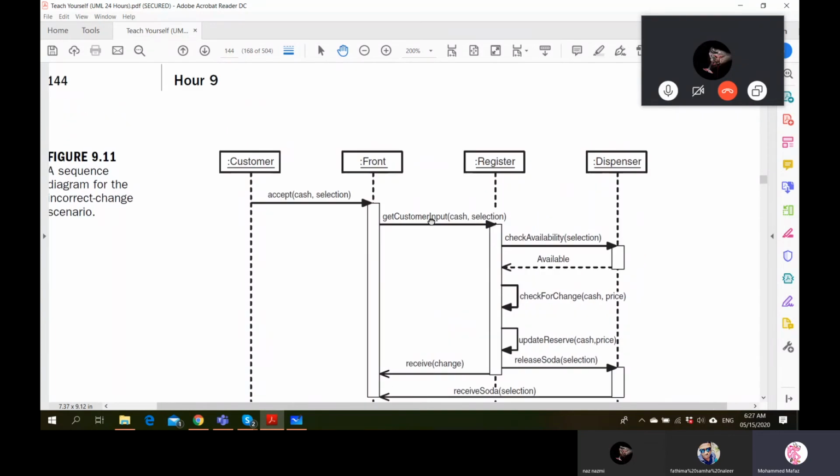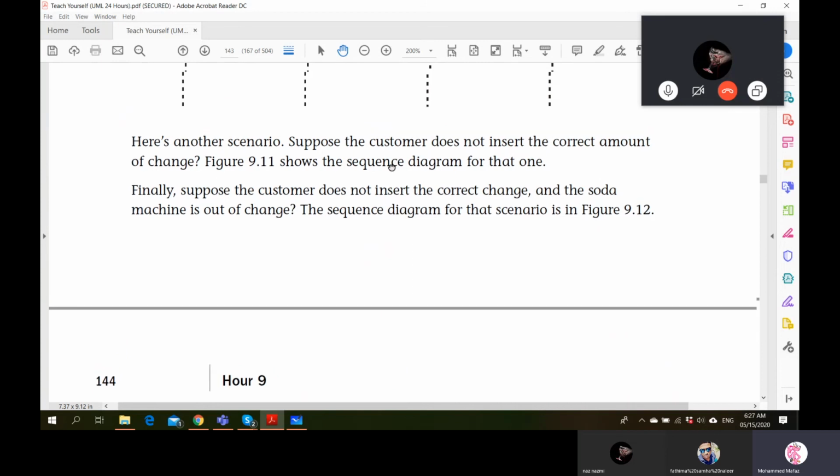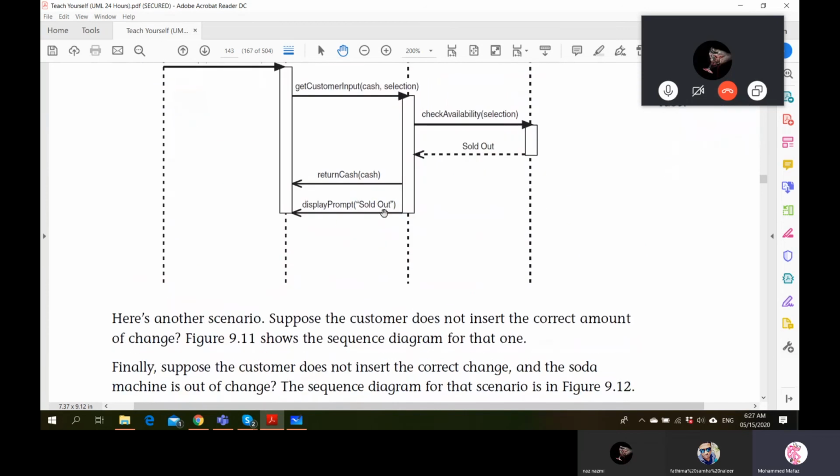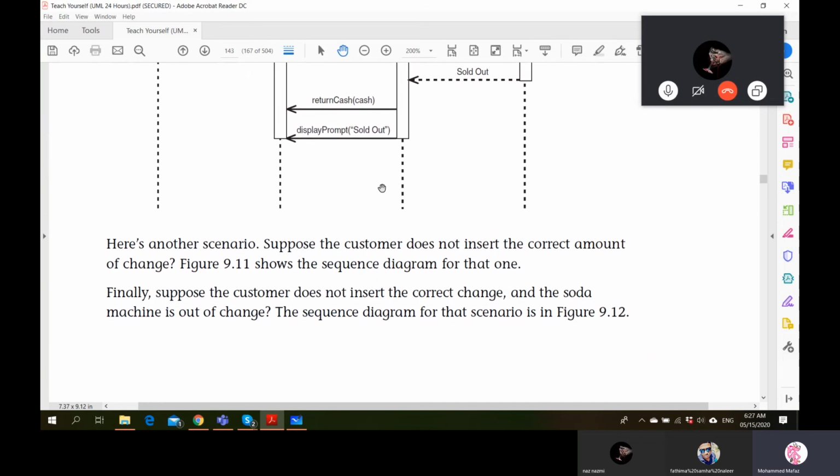There can be multiple things here as well. I mean, there could be one more case here. He may even put the correct change, and now sometimes in the cash register, there might be not enough money to give a balance. That is also possible, because normally in that box, if enough money is not there to give the balance, that is also another problem. So here we'll take it much simpler. In one case, person is not inserting the correct amount.